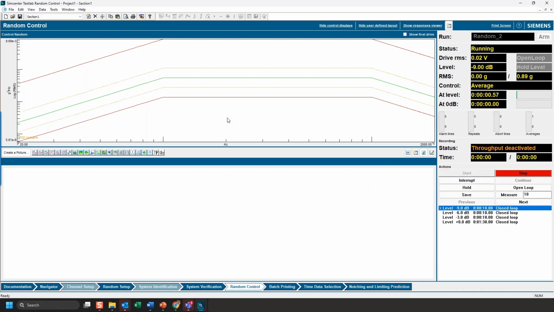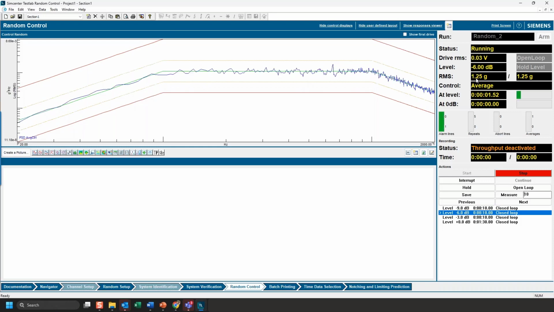So now we're going to see our level starts to come up. Okay, so we're at -9 dB, and at -9 dB, our RMS level is 8.9-ish. Now we've gone up to -6 dB. You can see that that top level abort is still the same.